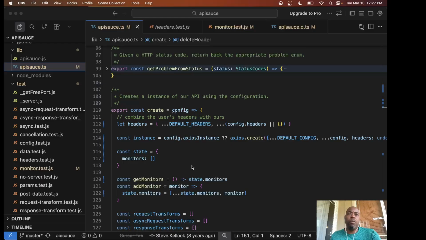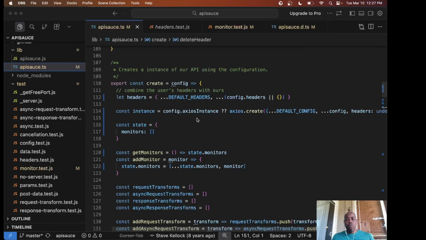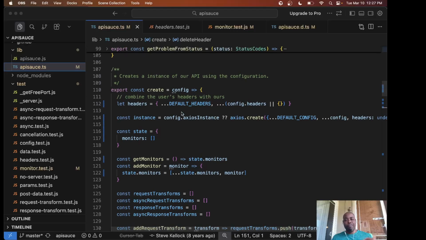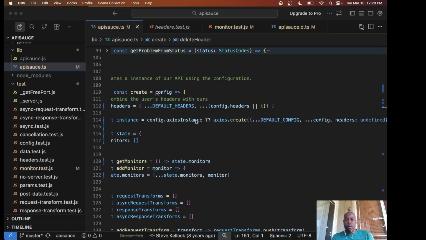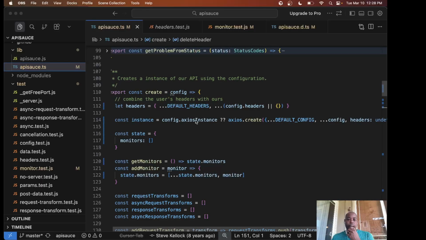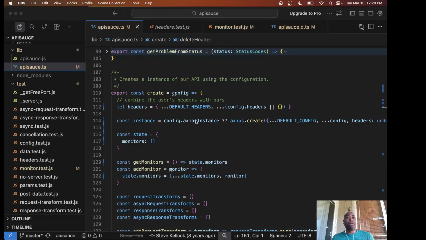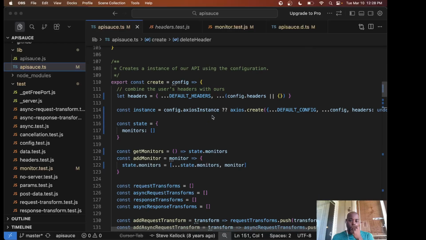We pulled everything down from API sauce because this is getting more involved now. We're working in this create function, which is kind of the main function for API sauce. We looked at the instance, which had that if-else branch, and we're just like, this could be a little bit more concise. And as functional programmers, we're striving for expressions. We're striving to be concise, and to not have a lot of noise in the code we're writing. So we